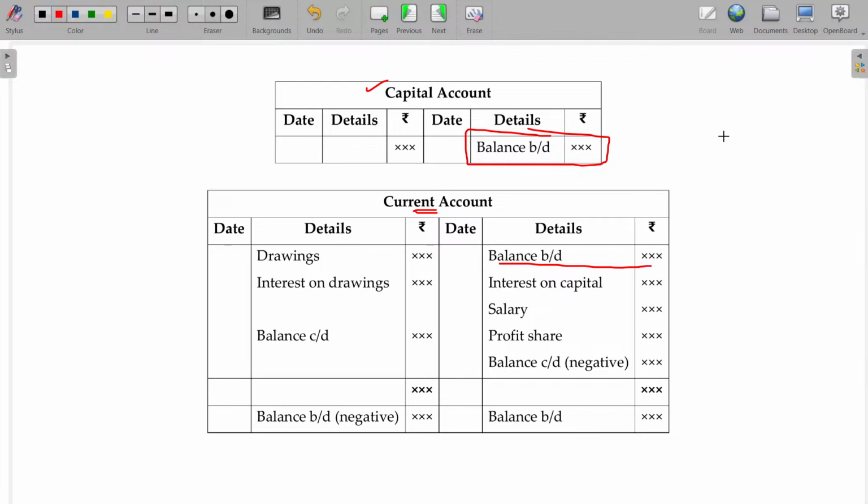So the partner will have a capital here, which is the amount invested in the business on day one, or the amount they want to remain unaffected, which will be called the capital account. And whatever additional amount they invest will always be changing now and then due to additional deposits and drawings, and any contributions by the partners that are compensated, like salary, interest on capital and commission, will all be addable. So some plus or minus will always be happening. This will be routed through the current account.